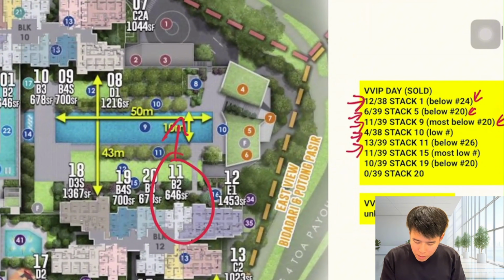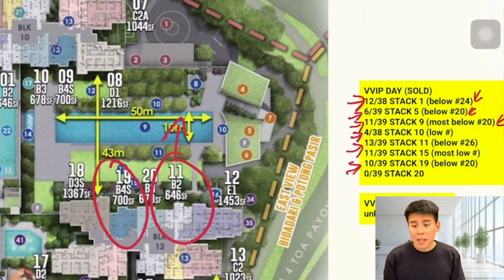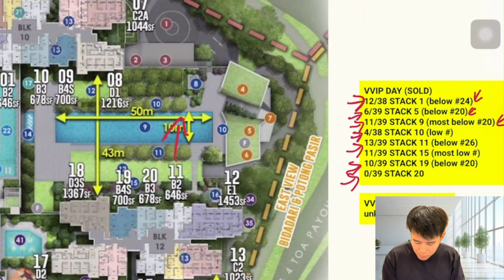And now we have stack 19. Stack 19, same thing, is also a 2+ study. So for those that probably need a bigger space, they will still go for the bigger thing. At least when you add the maybe 50 square feet difference, you get an additional study area. But you compare to stack 20, same thing. Stack 20, you see in the middle here,